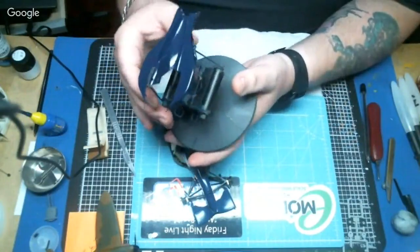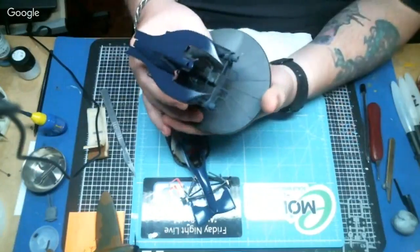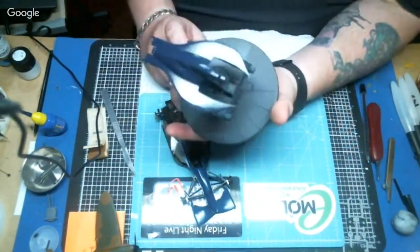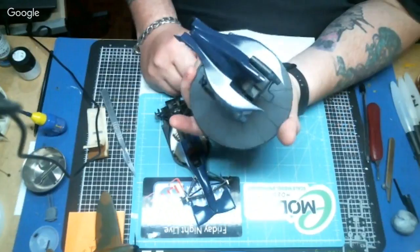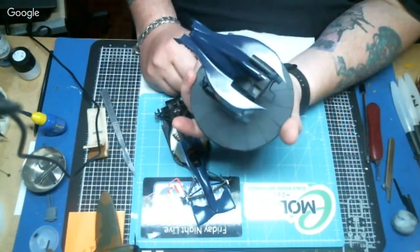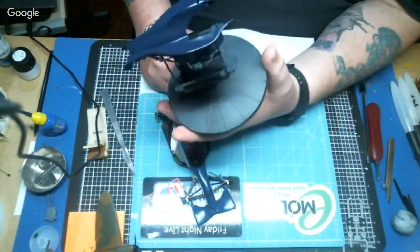That is quite relevant to some of the forums today. This was leveling thinner mixed with Tamiya. Was it Tamiya or was it Mr. Hobby? Yeah, I think it was Mr. Hobby Aqueous paint, and there was a